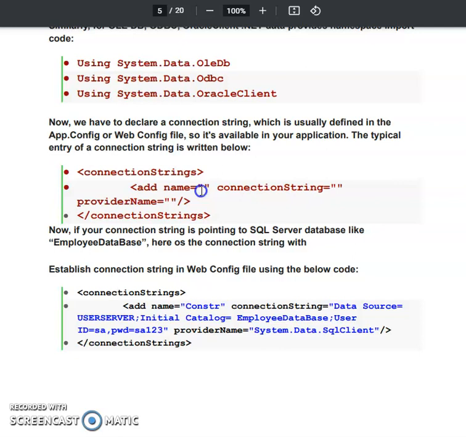Now what is the difference? If you add a connection string to the web.config file, then that will be applied to all the web pages available in your web application. We have already seen what a web.config file is. It is one of the configuration setting files, an XML file, which has the settings of your whole application.